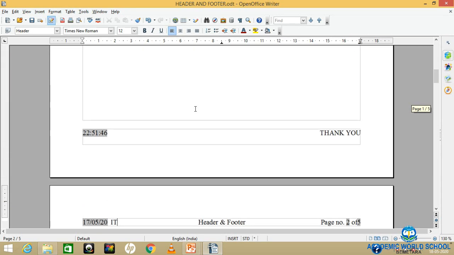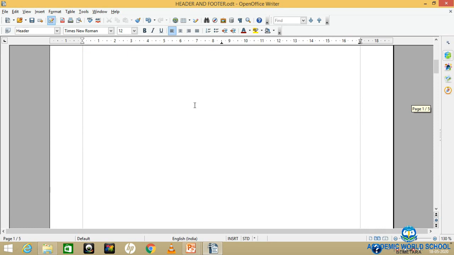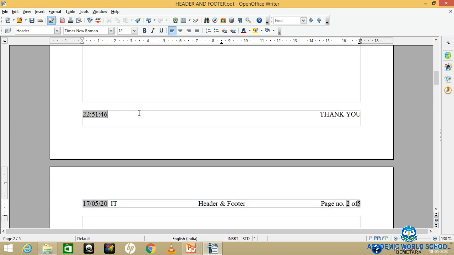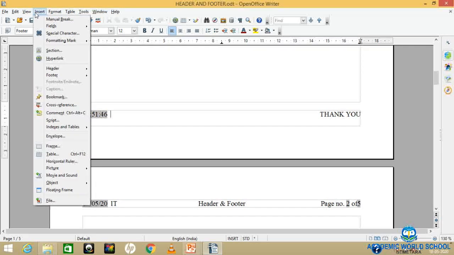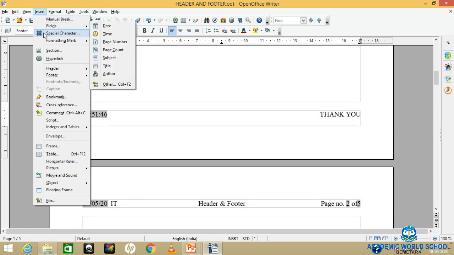Now click anywhere, and you will see this word processor has appeared in all the pages. So this is your header and footer.